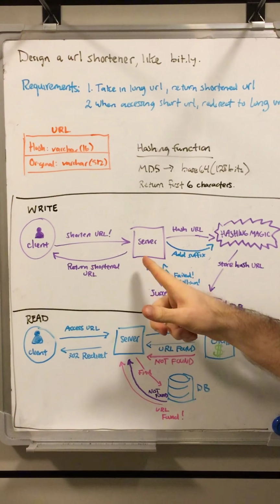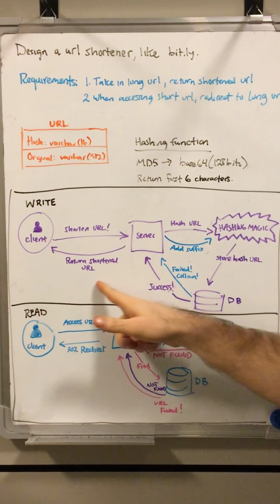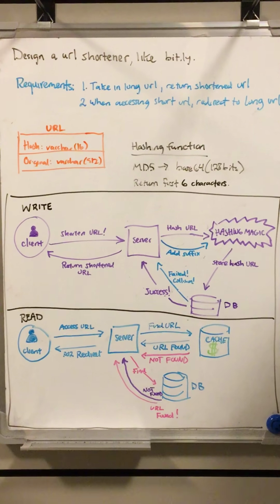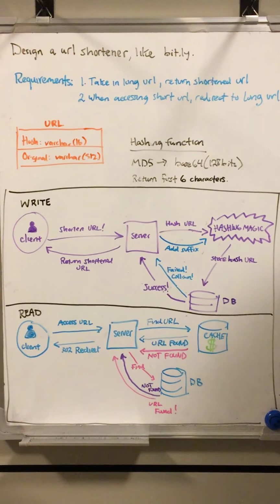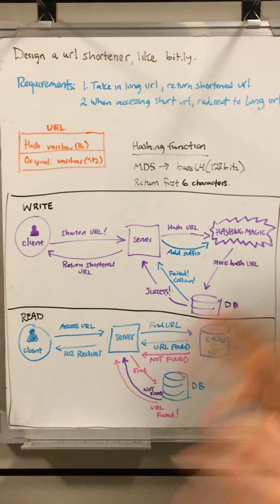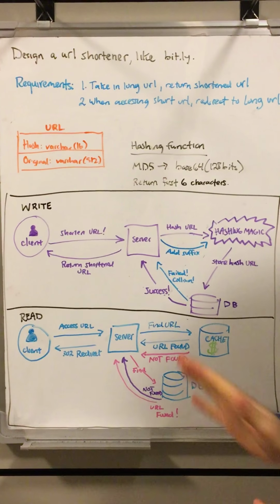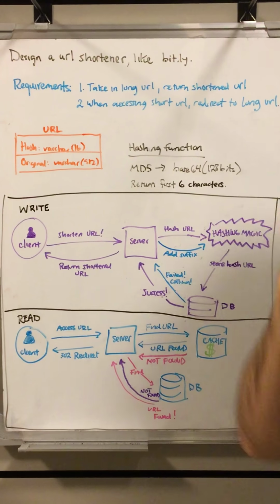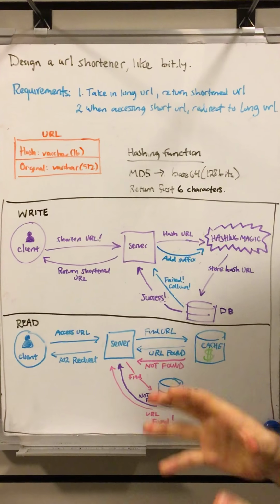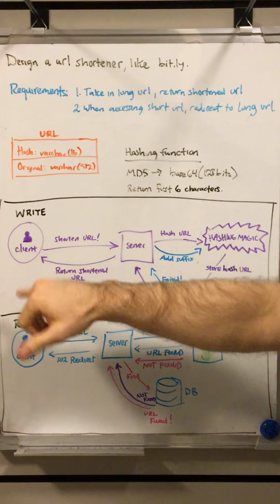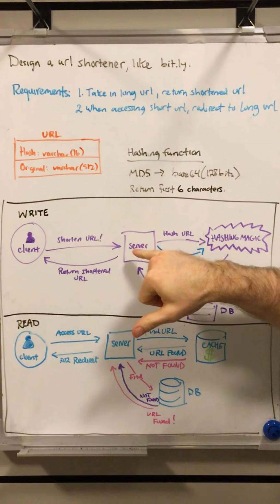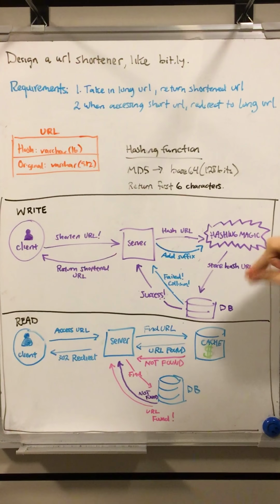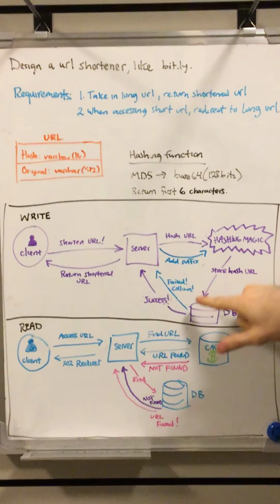And then we're going to send it back to the server, which should then return the shortened URL. However, let's say you're one of Rihanna's followers and you just go to YouTube and discover her video, not through her Bitly link, and you think, oh, I want to make a Bitly link. So you take that same link that Rihanna made with Bitly, you go to Bitly, you type it in, the server tries to hash that URL and then store it, but then we see that there's a collision,